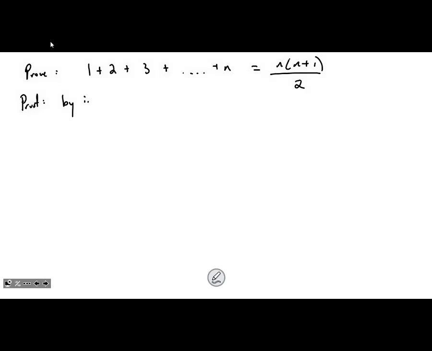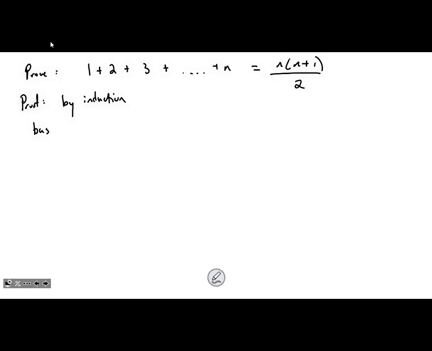Proof: 1 plus 2 plus 3 all the way out to n is equal to n times n plus 1 over 2. Proof by induction,